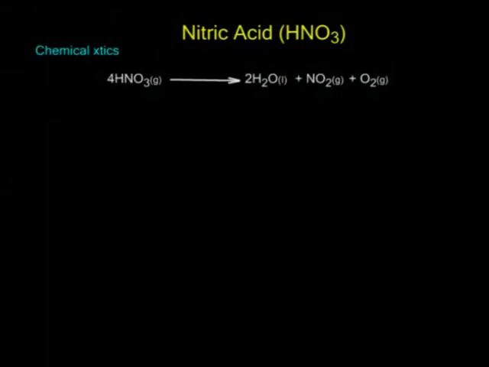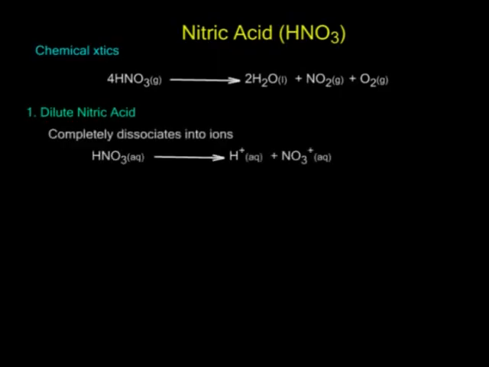Chemically, concentrated nitric acid decomposes slowly at room temperature, particularly in sunlight, and rapidly when heated, giving off nitrogen 4 oxide and oxygen. Nitric acid reacts chemically in two ways: one, as a strong acid, and two, as a strong oxidizing agent. Acid properties of dilute nitric acid. Nitric acid is a strong acid which is almost completely dissociated into ions in dilute solutions. Dilute nitric acid turns blue litmus paper red, showing it is acidic.